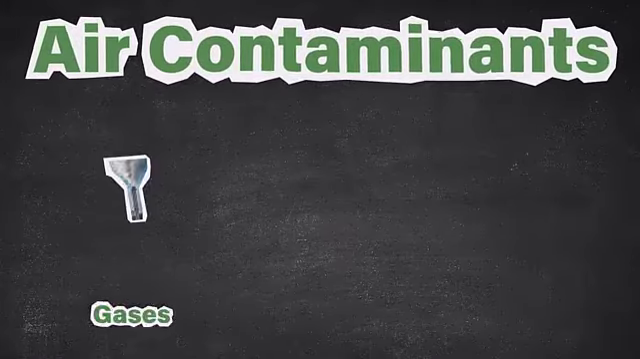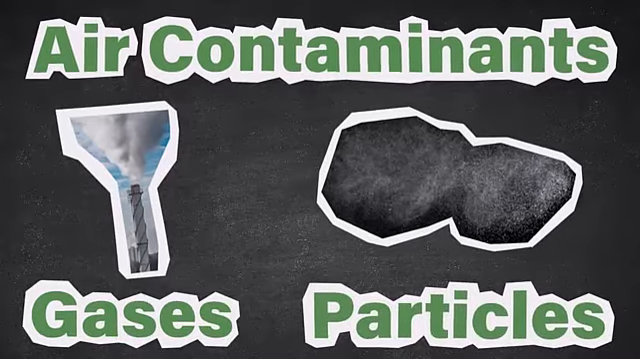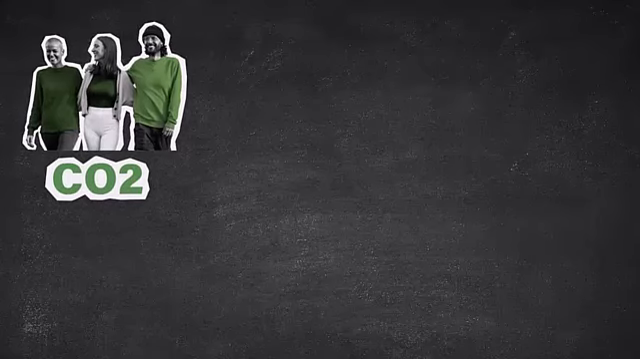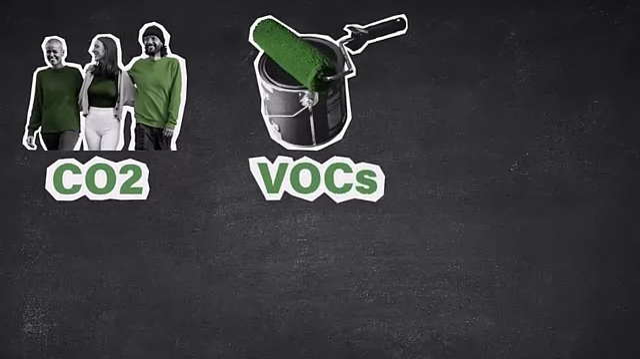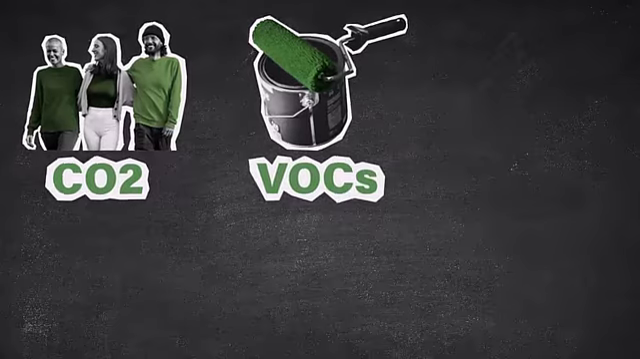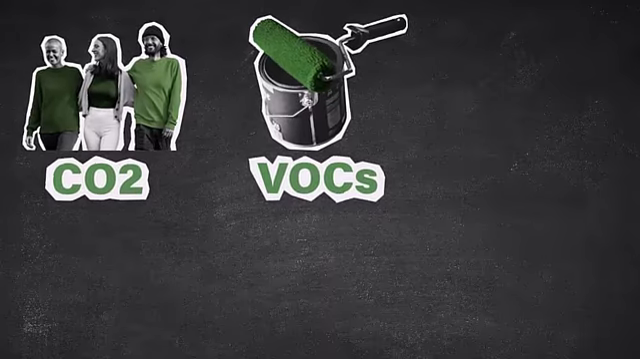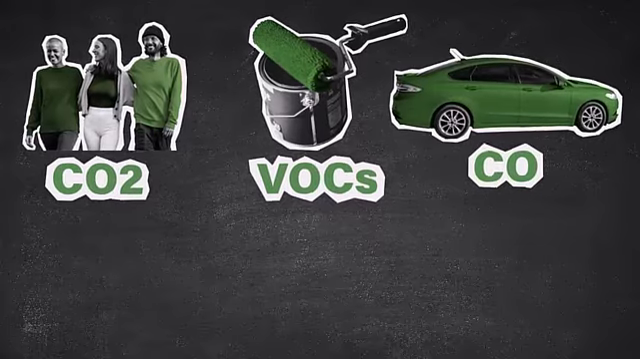The second category is air contaminants, the gases and particles that affect both health and learning. Some of these contaminants come from inside the building itself. Carbon dioxide builds up naturally wherever people gather. Volatile organic compounds, or VOCs, off-gas from building materials and everyday products. Others sneak in from outside or from equipment, like carbon monoxide from fuel-burning appliances or idling vehicles, or particulate matter